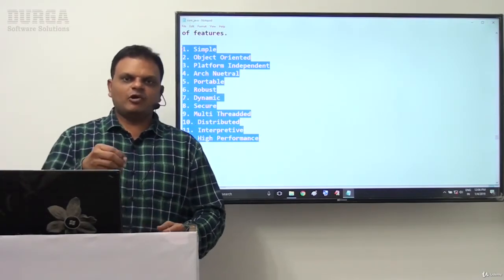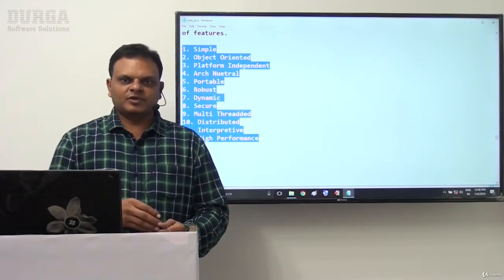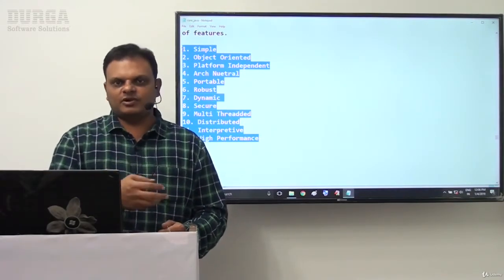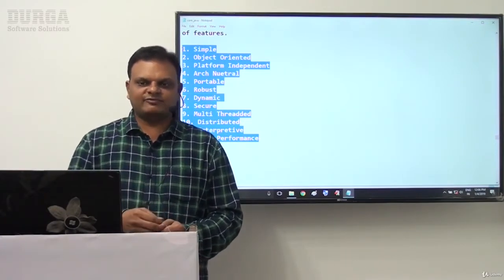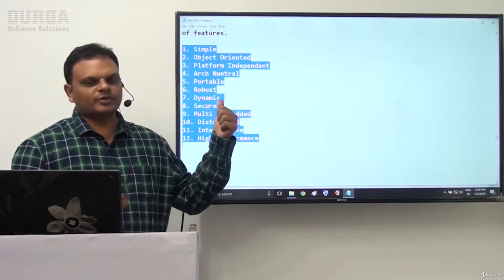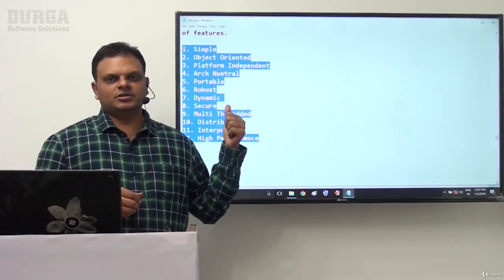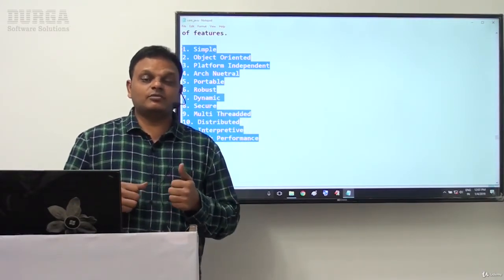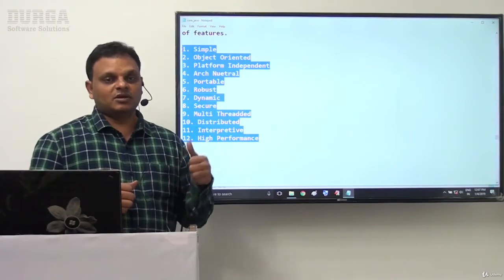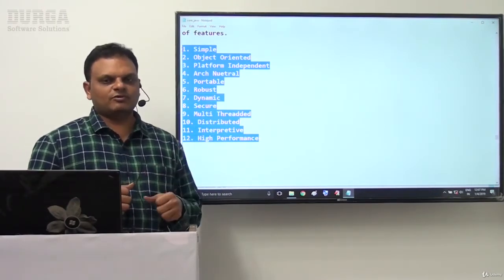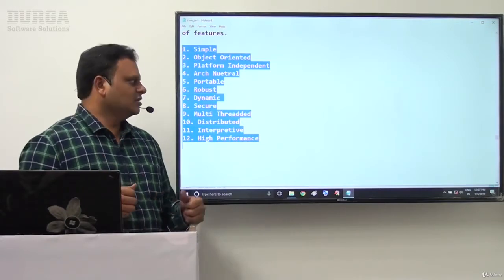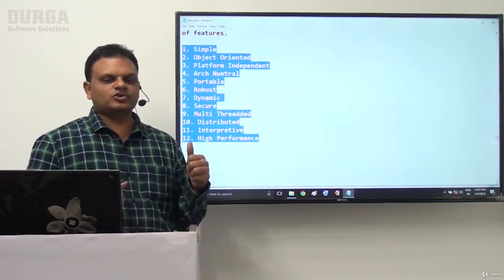Similarly, if you want to know what is Java, if you want to get some details about Java, what exactly is the meaning of Java, before starting our Java programming language, we have to go for which one? The Java features. Good. What exactly are the features available about the Java programming language? What are the various features provided by Sun Microsystems about our Java programming language? If you observe this, nearly 12 features exist.